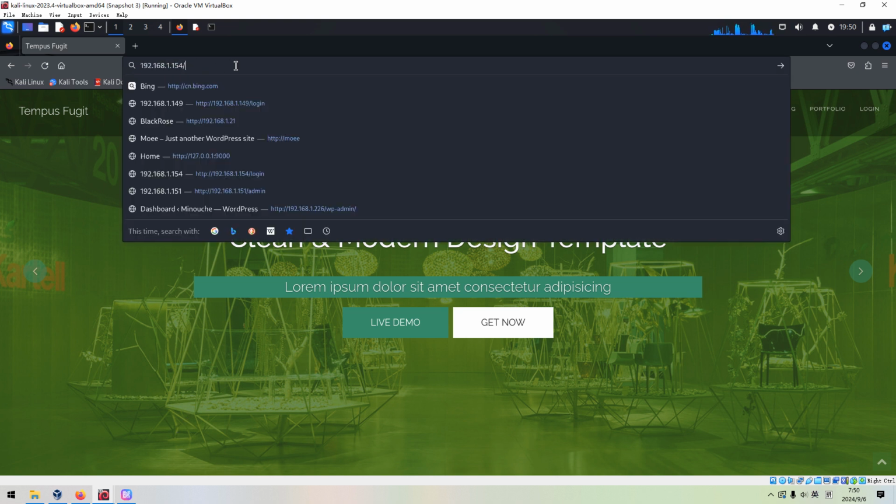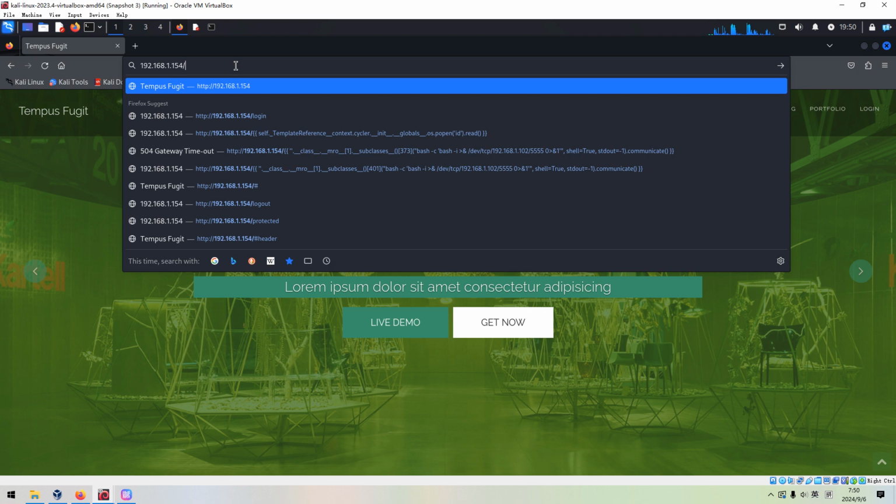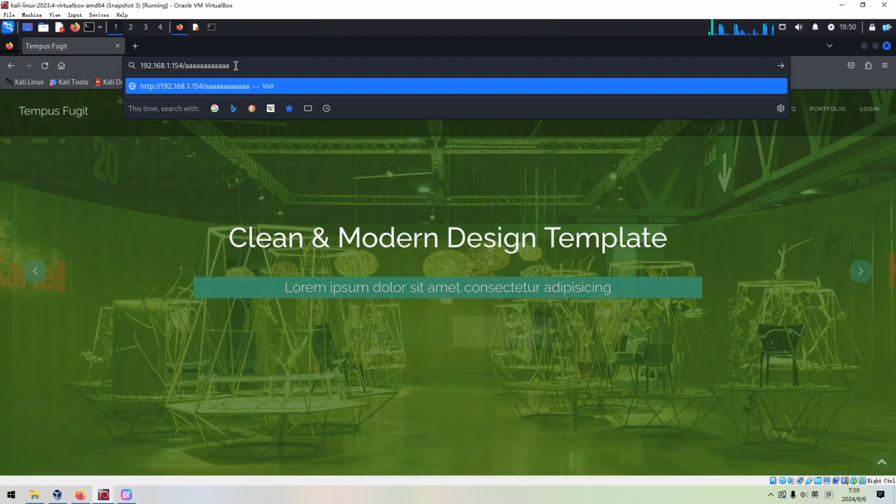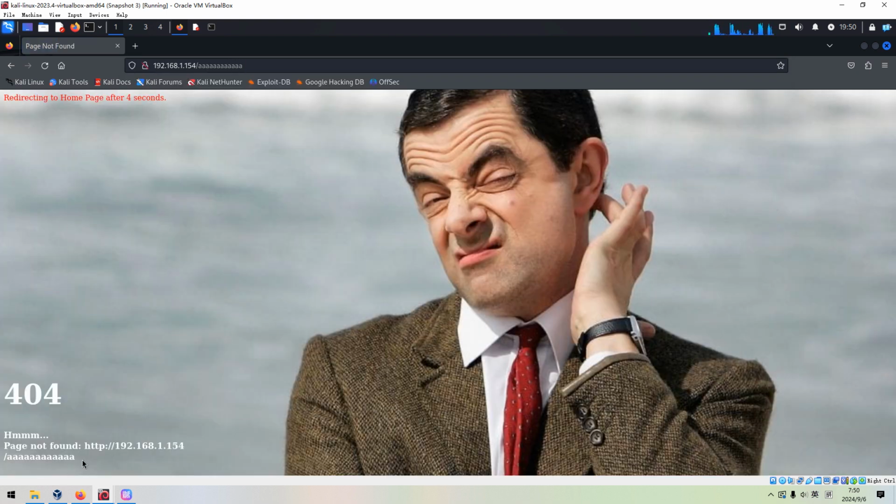For example, if you want to access any directory, of course, such a directory doesn't exist on the target. We can press enter, and as you can see, this directory name is printed out on the screen.